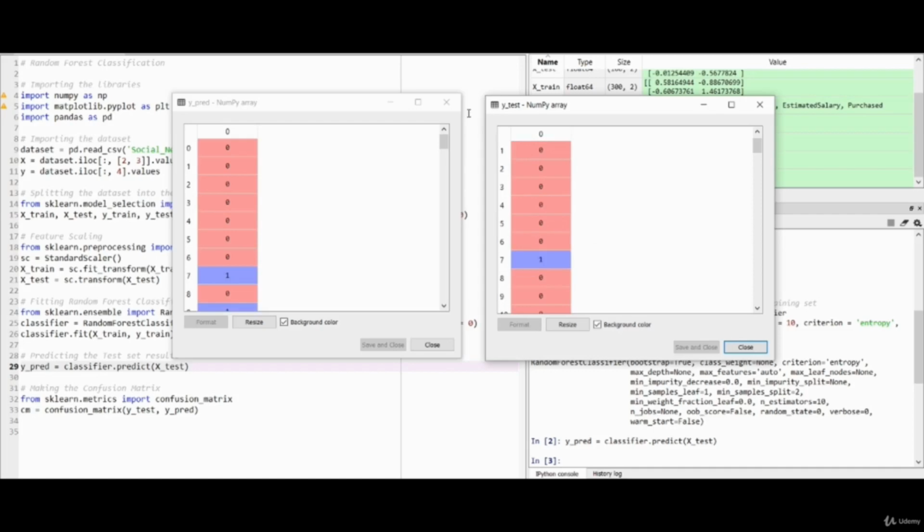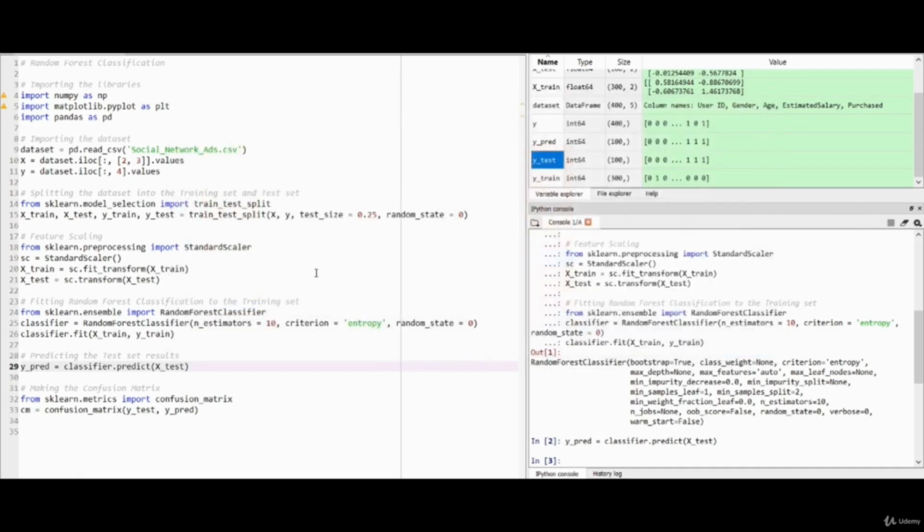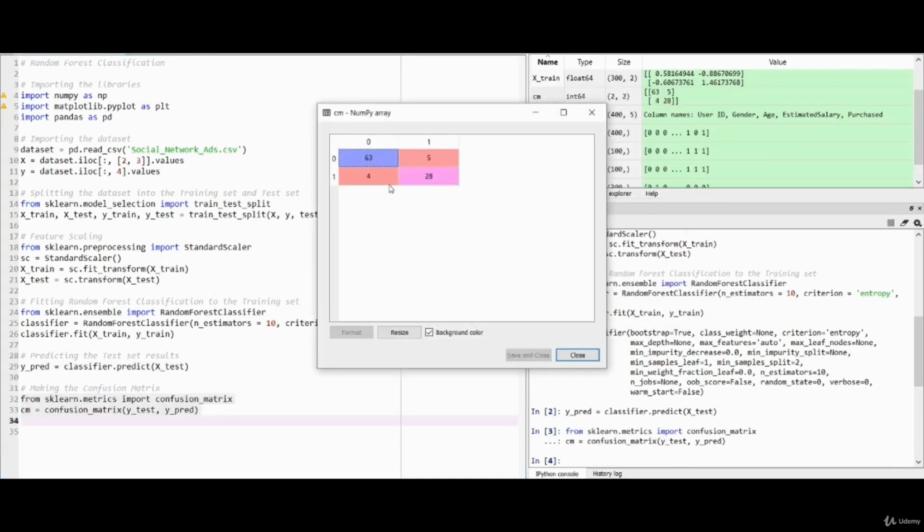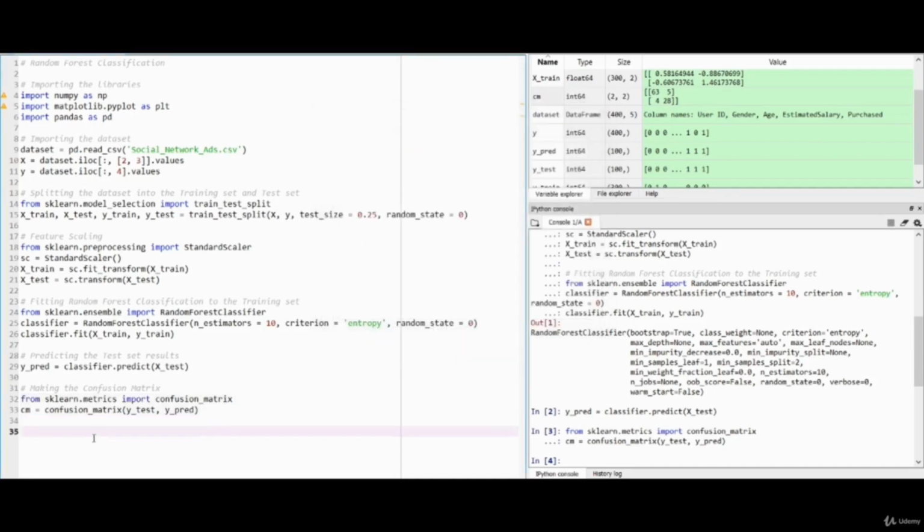If you want to identify the total incorrect predictions, then we can use the confusion matrix and see what the incorrect predictions are. So 5 plus 4, which are 9 incorrect predictions. So this is similar to the decision tree classification. So this is all about random forest classification. So here our classification algorithms finish, and after that we are going to the new chapter, which is unsupervised learning, and see what will happen there. So thank you for listening to this session.